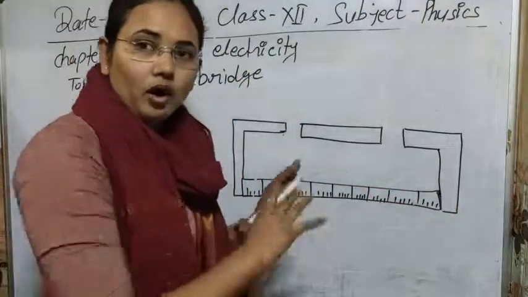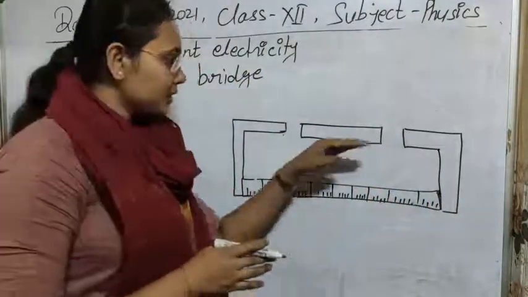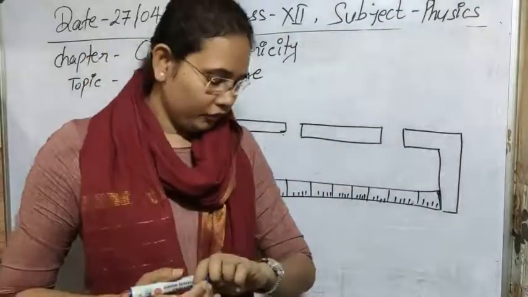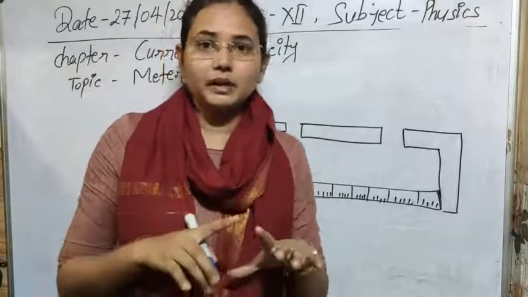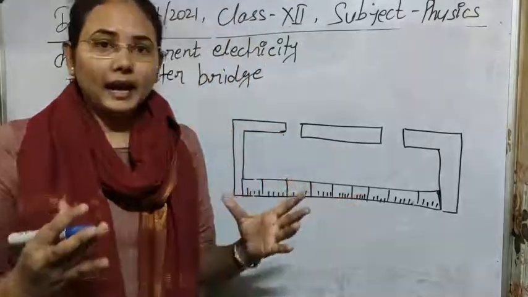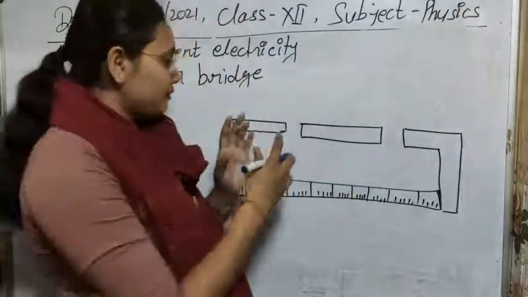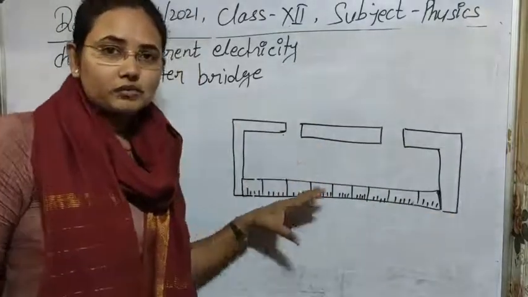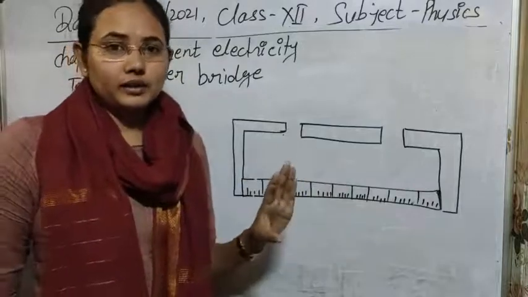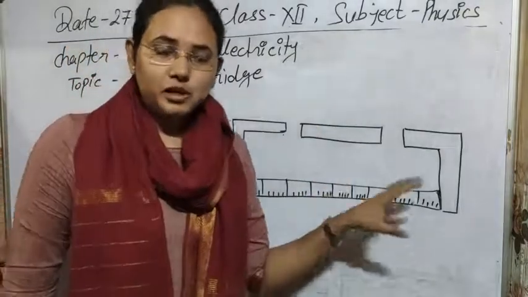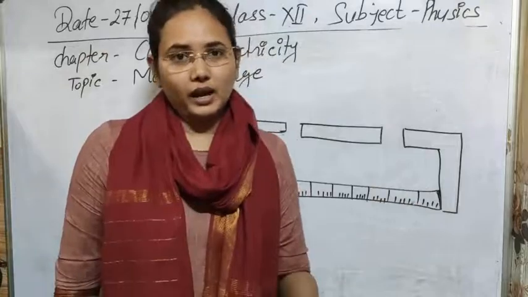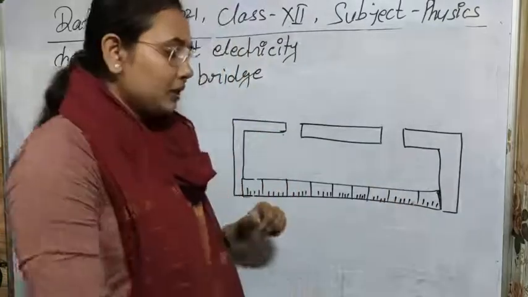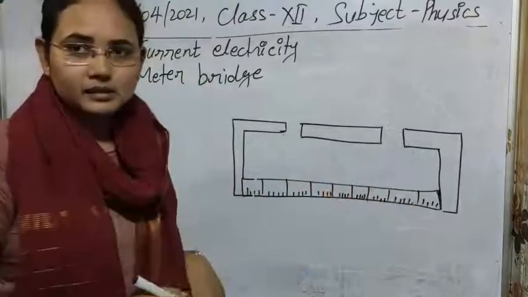So all these things that you are seeing, the meter scale and these copper plates, are also attached to a horizontal wooden board. On that horizontal wooden board we have just arranged these copper plates and this meter scale in this way, like I just showed in the figure. Experimentally you will do that in your experiments also. A number of experiments you have to perform by using it, but here you can understand it by its construction.